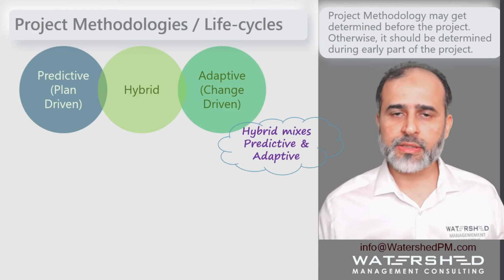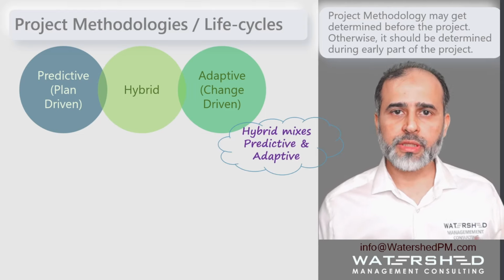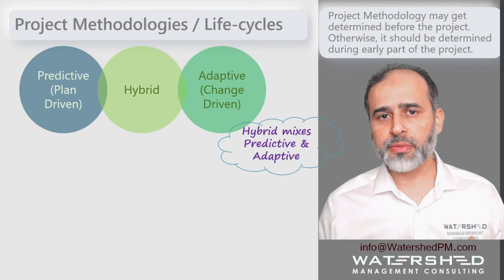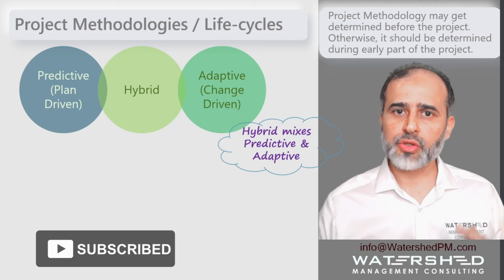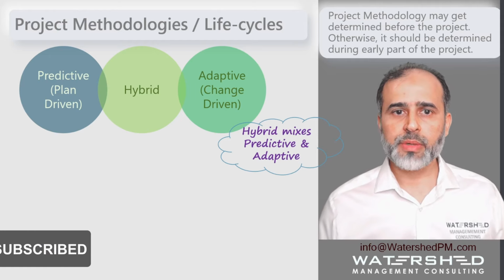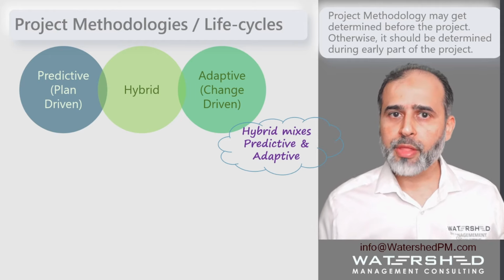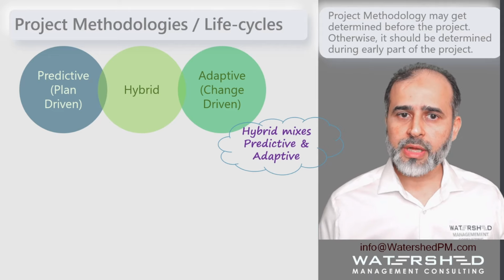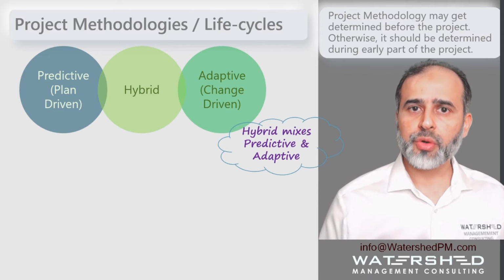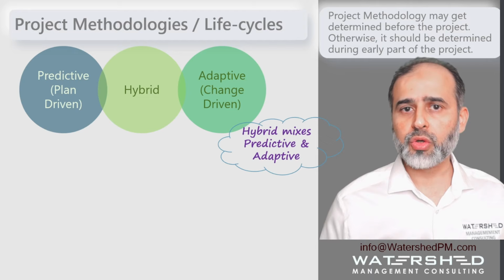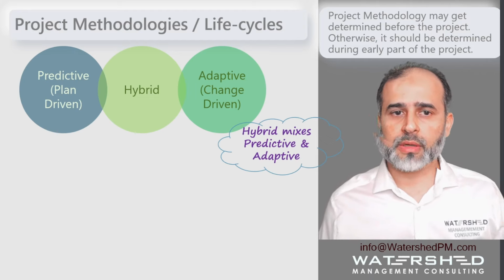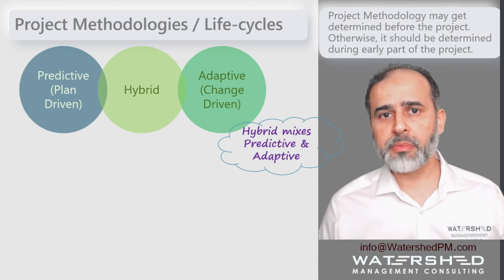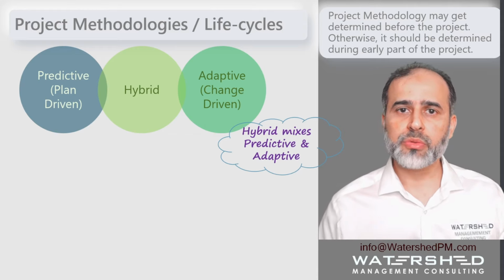In essence, the hybrid methodology is a blend of predictive and adaptive, and the idea is that some portions or aspects of the project would be done with the predictive approach, while some other aspects of the project may be susceptible to change, or change may be expected for those components. Hence, in a hybrid methodology, simply by combining predictive and adaptive methodologies, you would be able to successfully